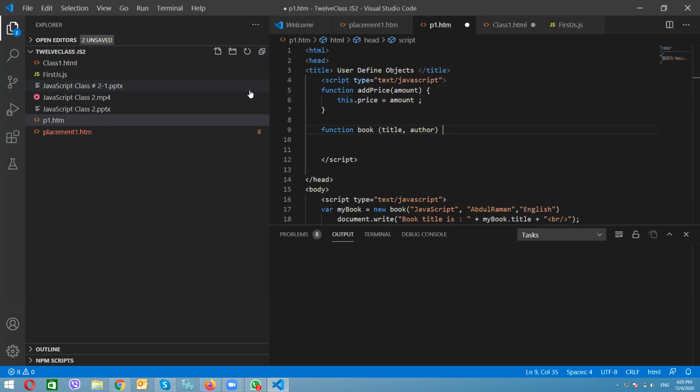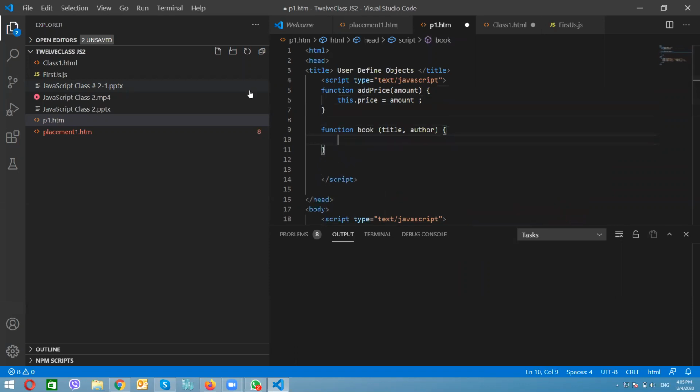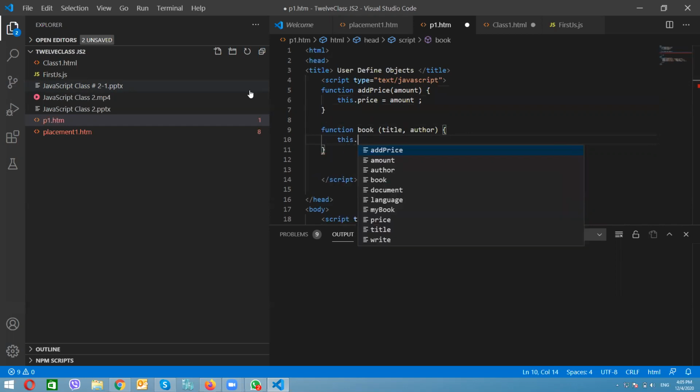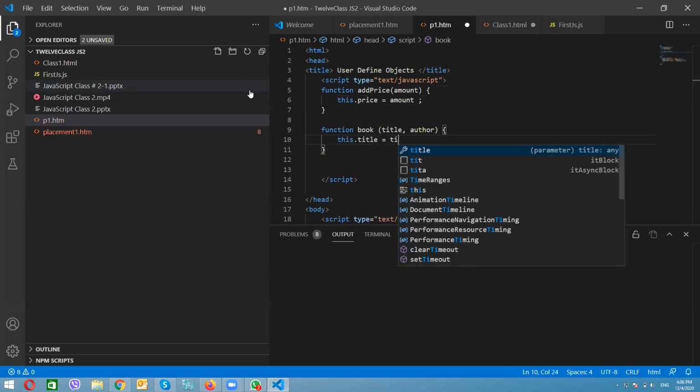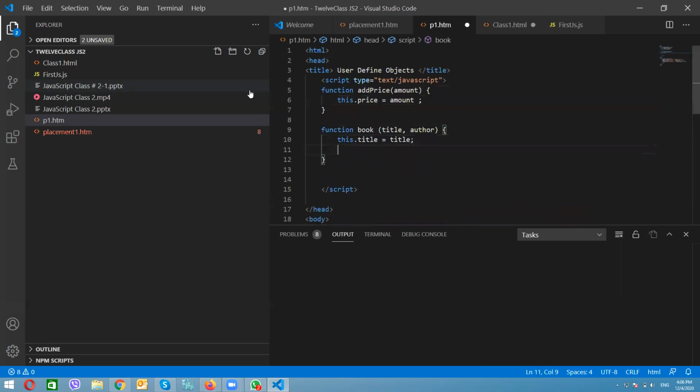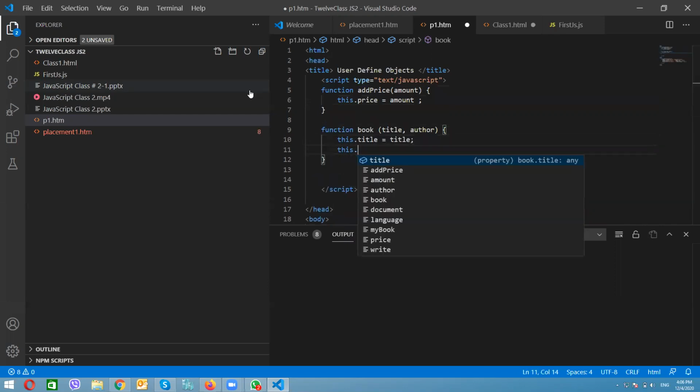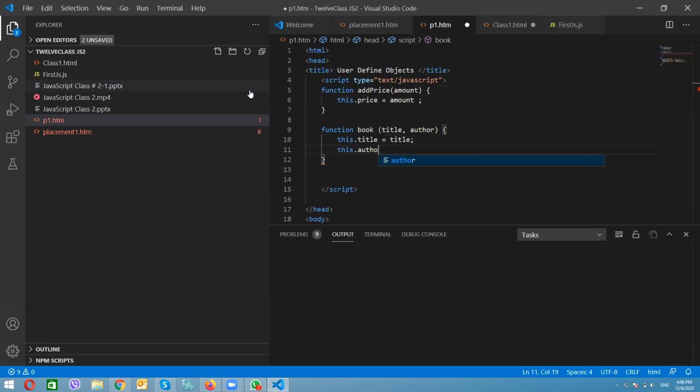Then this dot title is equal to title, and this dot author is equal to author.